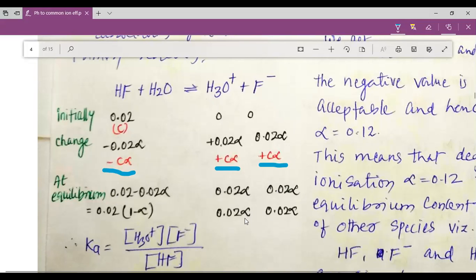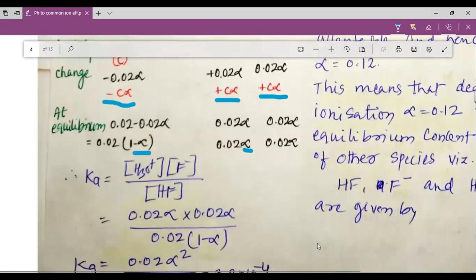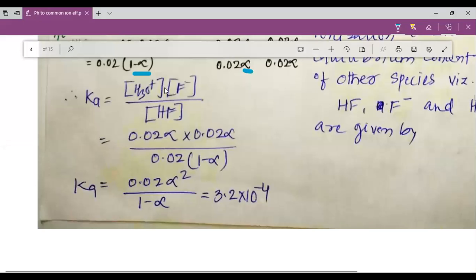Remember that this alpha is nothing but your degree of dissociation, my dear students. So 0.02 minus 0.02 alpha is equal to 0.02 into the bracket 1 minus alpha. Thus, my dear students, we write Ka